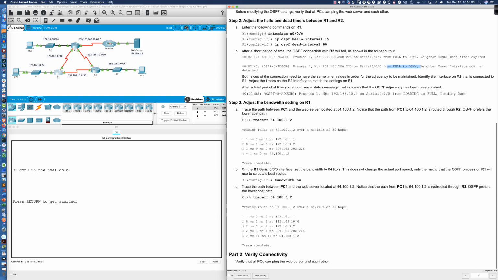So we're done talking about those timer values. Again, a quick recap. They all need to match: hello interval, dead interval, area number, subnet mask length. Definitely take note of that because you will see that in Cisco exams and quizzes, as well as on the certification side of the house. So now what we're going to be looking at